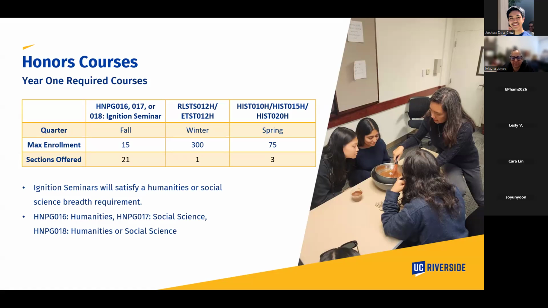And then also see which one will account for your breadth requirement with your academic advisor, because that might also play into which one you want to choose, if you're missing a social sciences or humanities breadth requirement. So depending on that, you might want to look at that. But again, that's an academic advisor question. Outside of that, I would just look at what really interests me, right? Because this is an opportunity for you to enroll in a very small class. Most of your first year classes are not going to be this small, and you get to engage with faculty and have really interesting discussions. So just really go with what interests you. That's what I would recommend.